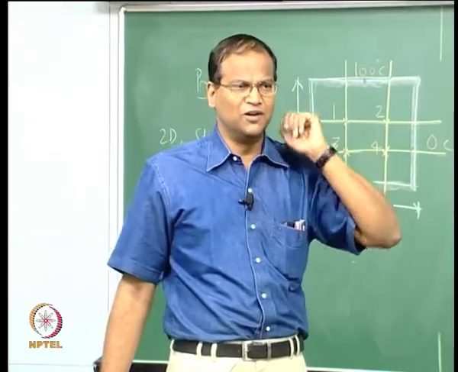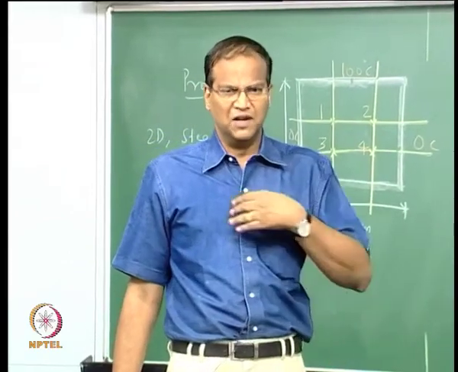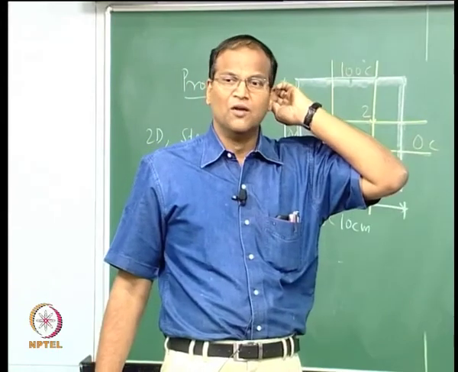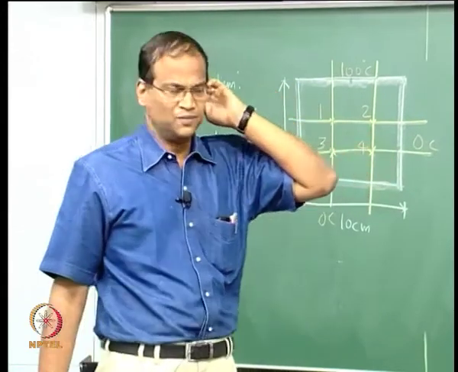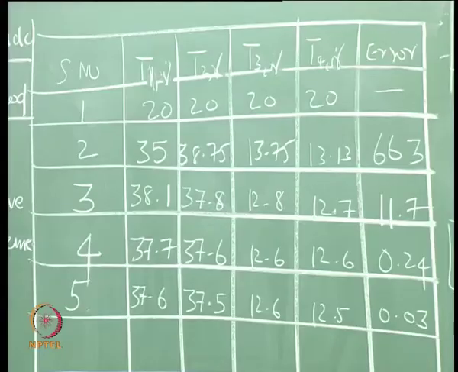100 by 100 it is very difficult to solve. It leads to a lot of errors and also memory problems and all that. Gauss-Seidel will work very well. Okay, the same Gauss-Seidel is also used in commercial software for solving the Navier-Stokes equations also. Okay, now you can see that 37.6, 37.5, 12.6, 12.5.